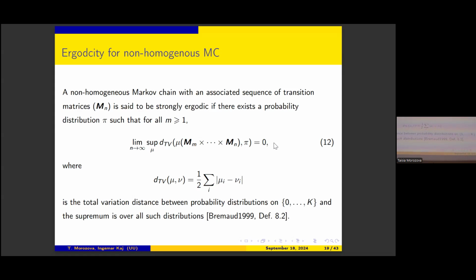So if you're interested in ergodicity of a chain, you need to look at the matrices and see if you can have the following limit. That involves some total variation distance, which I remind you can be computed like this. It's just the distance of the elements. So basically this is the condition that we now need to see if we have fulfilled for our network.